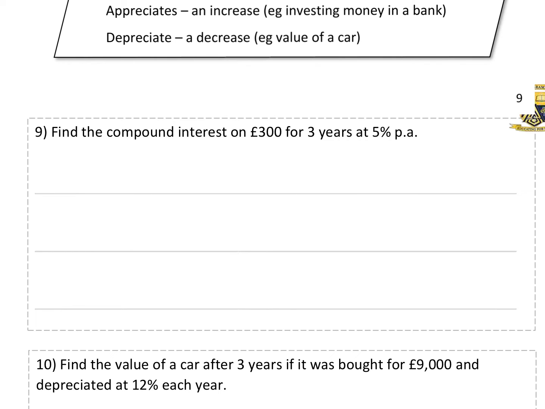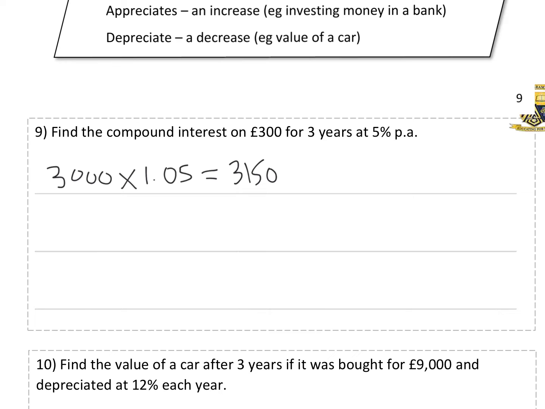I'm going to show you a long way and then I'll shorten it afterwards. You've got £3,000. If you were going to increase it by 5%, you'd multiply by 1.05 because that would give you 105%. So 3,000 times 1.05 would give you